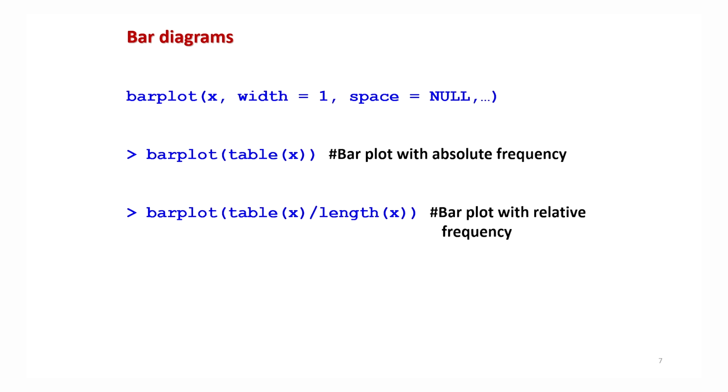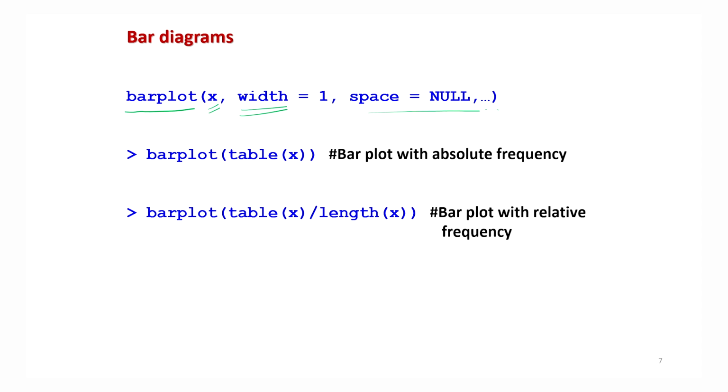In order to create the bar diagram in R software, we have the command barplot, BARPLOT, and here this x is the data vector. Later on I will show you that it can be a matrix or a data frame, and it will give you different types of univariate or multivariate bar plots. Then here is the width. If you want to control the width of the bars, you can choose different values. Then there is space, etc., and you will see that there are many other options.